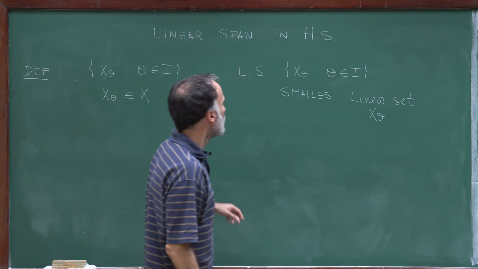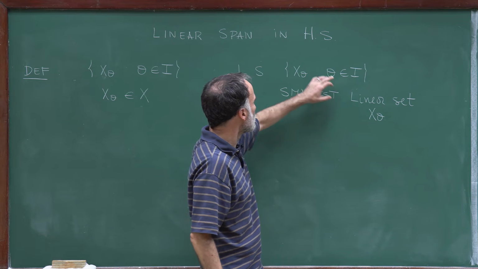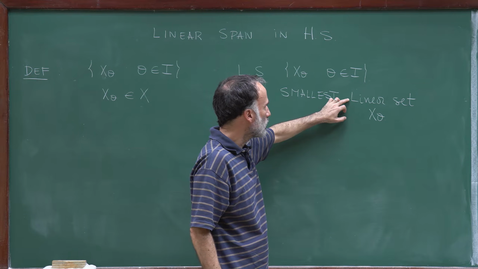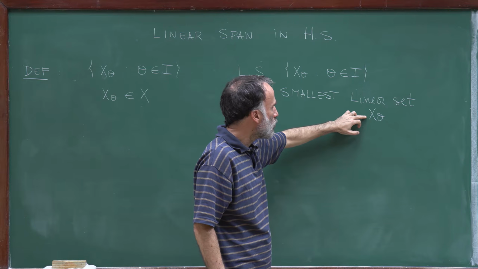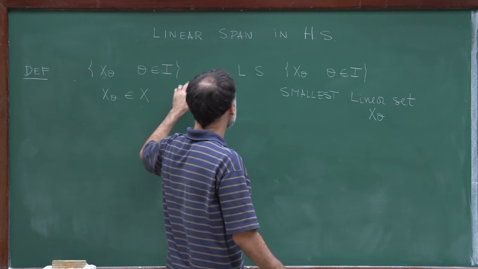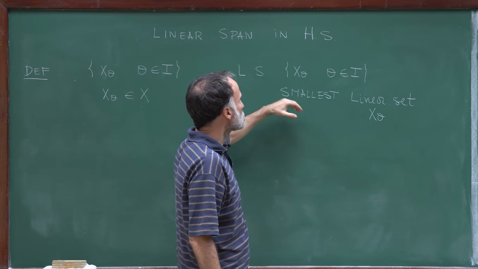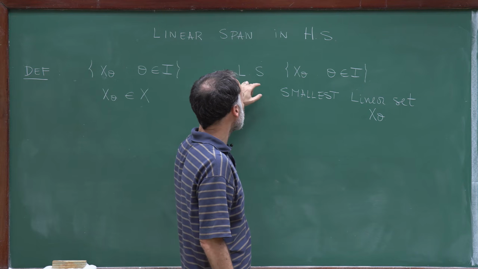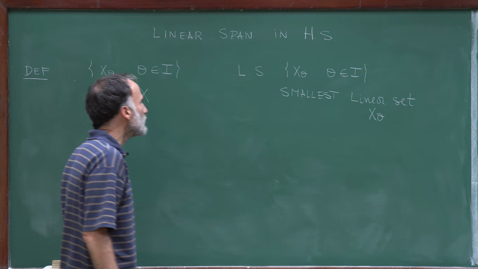So I have two requirements. I take all linear sets which contain all x_theta, and I want now the smallest among these sets, and I call the smallest among these sets the linear span